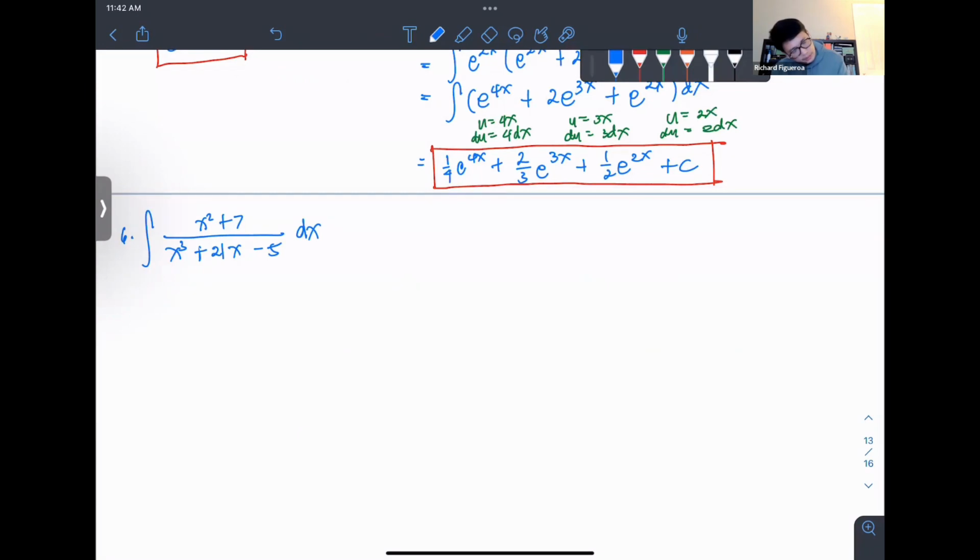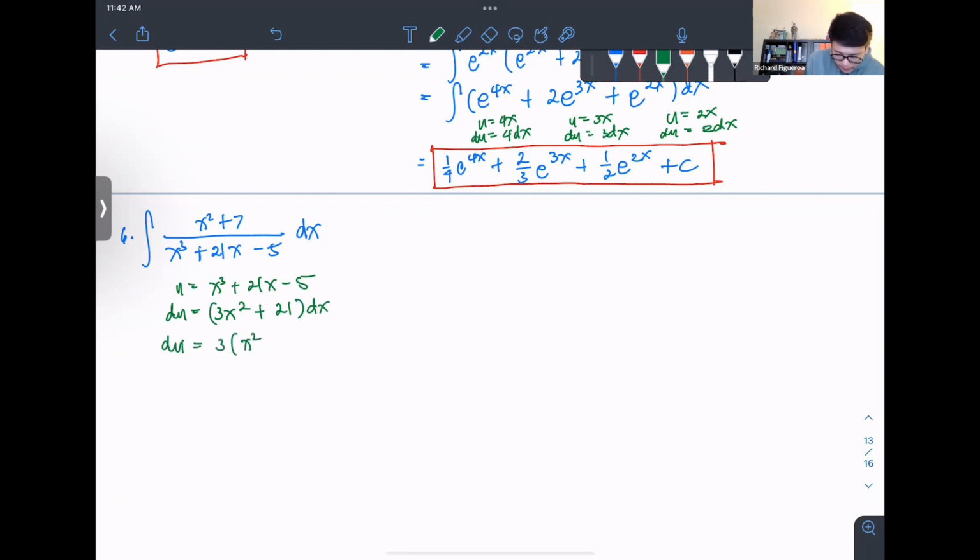So once this one, probably this would be a logarithm. I could let u be x cubed plus 21x minus 5. So our du here would be 3x squared plus 21, and multiply it with dx. However, 3 is factorable, so this would be x squared plus 21 over 3, which is 7, dx. So using the substitution method,